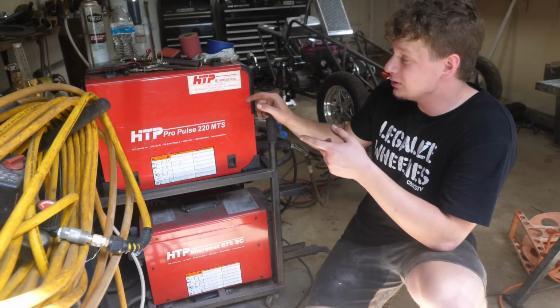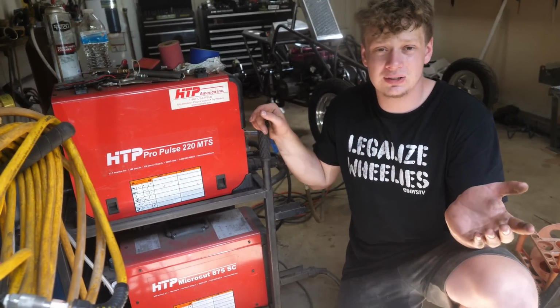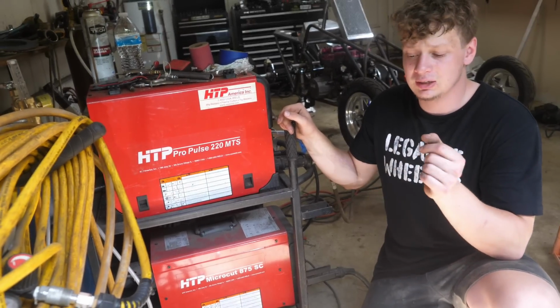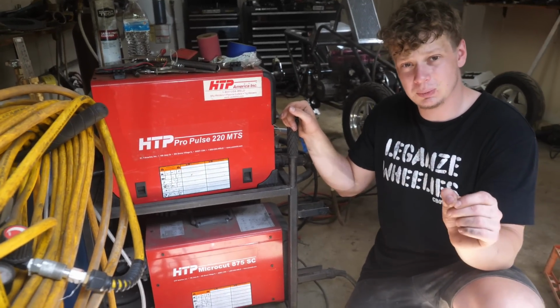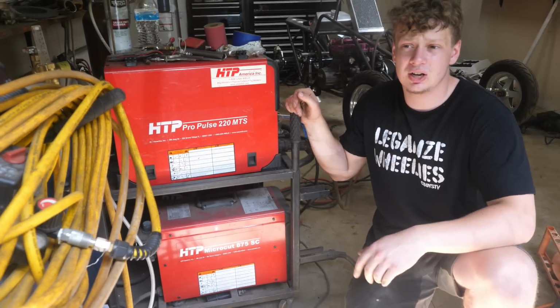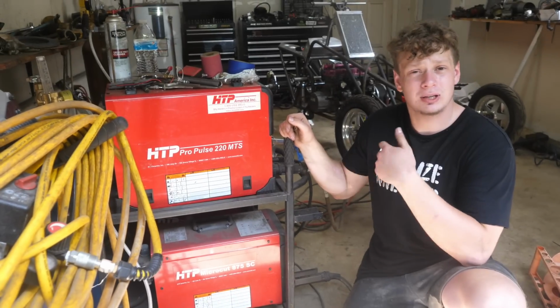You guys probably noticed I'm switching a lot between MIG and TIG, and the MIG is just for places where I don't want to cook the chromoly, because if I spend a long time TIGging in one spot, it'll cook the chromoly. It's also for the hard to reach areas. Ideally, it'd be nice to TIG weld the whole chassis, but I don't get paid by the hour,